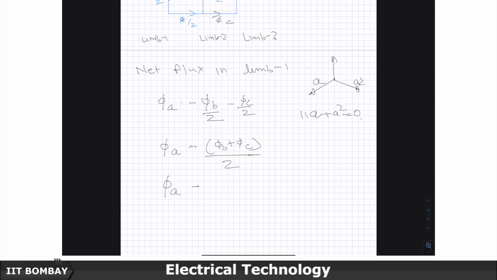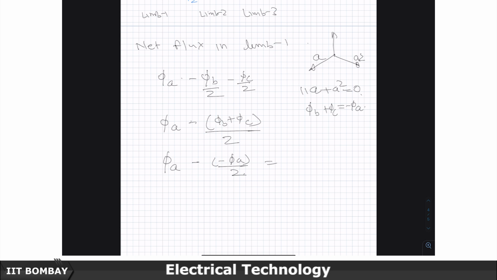So, therefore, the phasor sum of this is 0. So, therefore, you can write phi a plus phi b plus phi c as minus of phi a. So, therefore, this will become 3 by 2 times phi